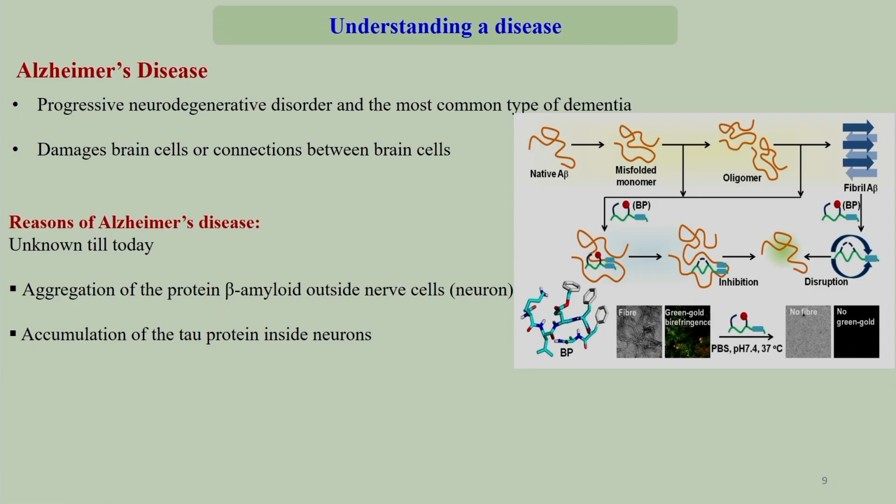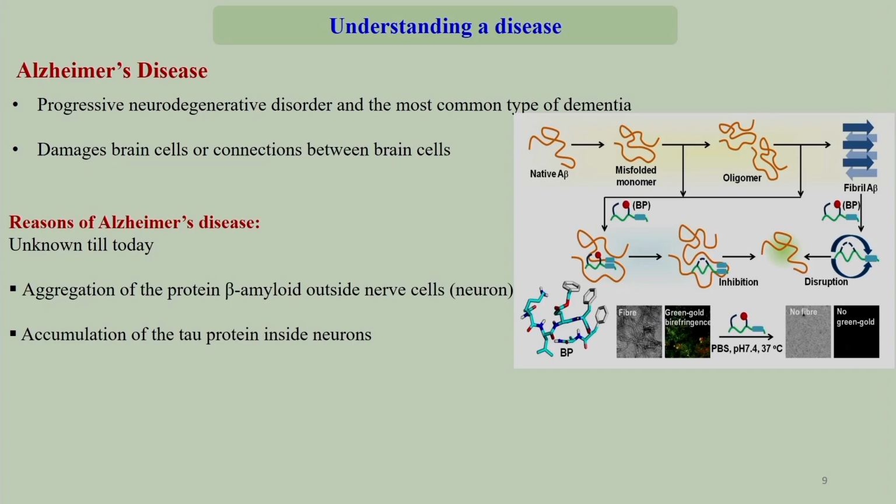Because it is a beta structure, they are actually flat structures, so amyloid proteins get stuck onto each other and form an aggregation, and once these aggregations are formed, they cannot move, they cannot do the biological functions. It is like a stone formation. So, this is how the process looks. This is the native A beta peptide structure, open form. Now, if it misfolds and then forms an oligomer, many of them come close together,